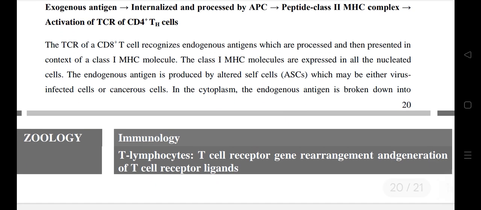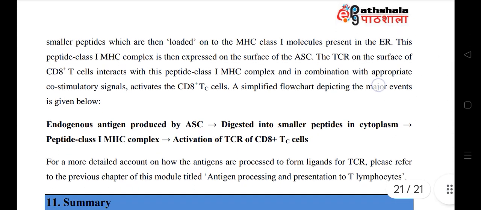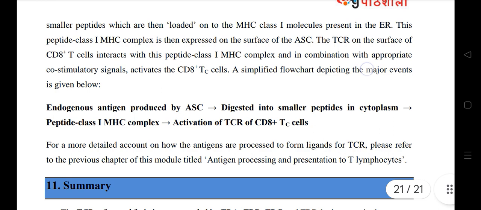The TCR of CD8 plus T cell recognizes endogenous antigens which are processed and then presented in context of a class 1 MHC molecule. The class 1 MHC molecules are expressed in all the nucleated cells. The endogenous antigen is produced by altered self cells, which may be either virus infected cells or cancer cells. In the cytoplasm, the endogenous antigen is broken down into smaller peptides, which in turn are loaded onto the MHC class 1 molecule